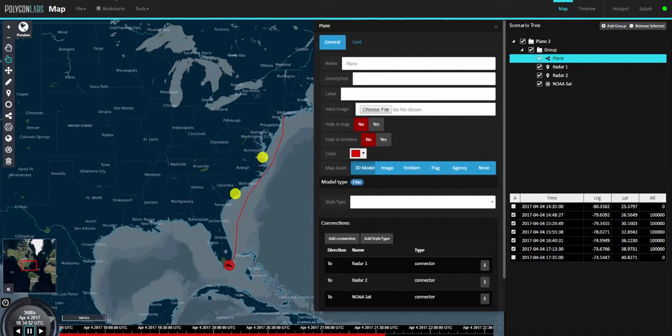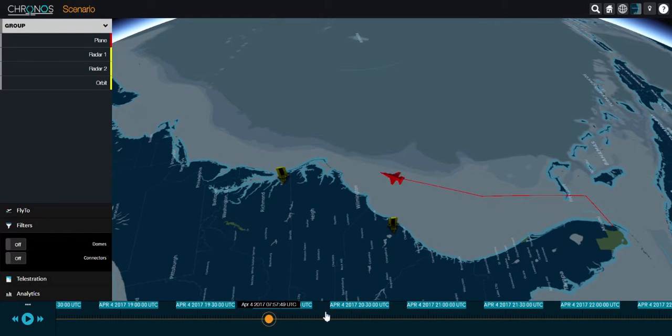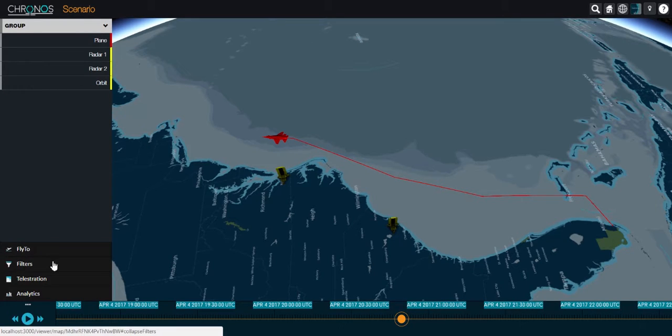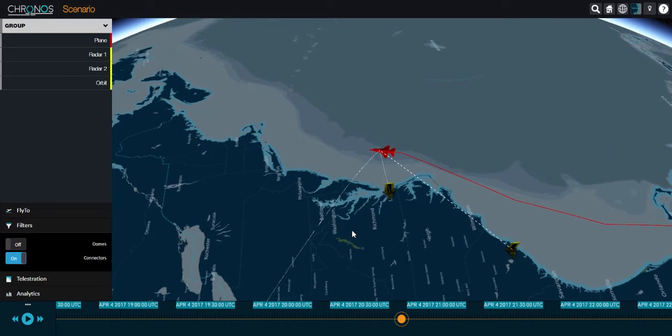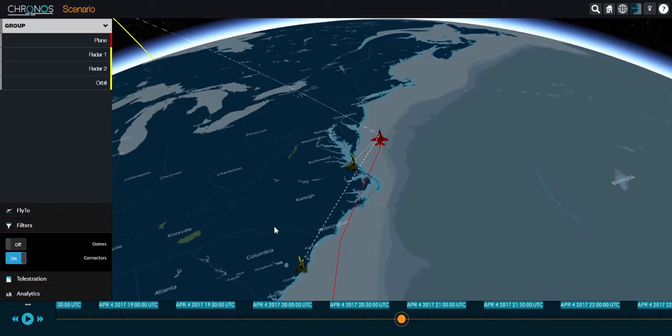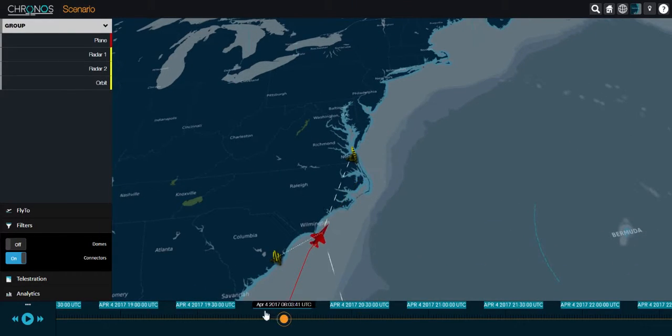So if we quickly jump over to the viewer side here, and again we look at our animation, you can go under filters, which we already had open, and just enable the filter for the connections. So now you can see we have those connections, which is a dotted white line between the plane as it's moving along and